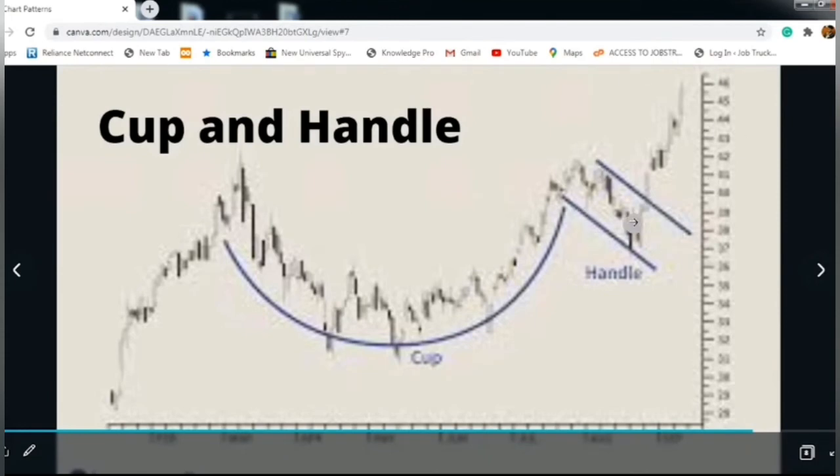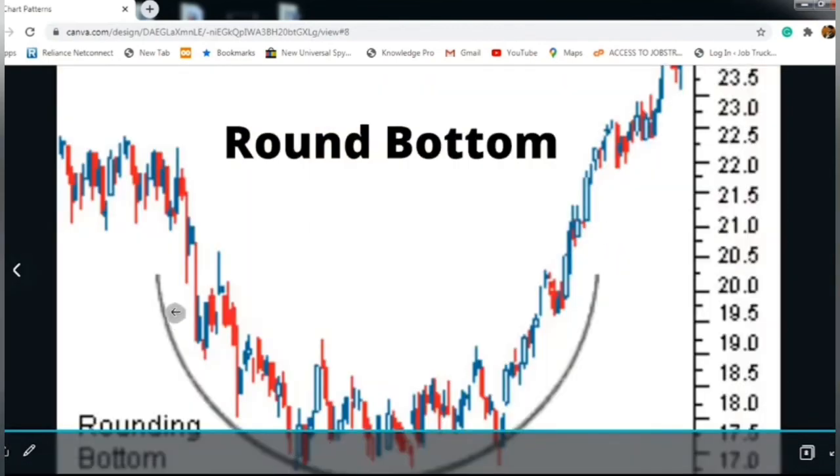Okay. Next one is round bottom. It is somewhat similar to cup and handle, but sideways trading is not there. It won't have a handle, but it follows the round bottom methodology. From a round bottom, what we understand is the stock price is decreasing, but it is not breaching the support line, and it is increasing further. In round bottom, there is no handle. That is, it just goes steadily upwards only.